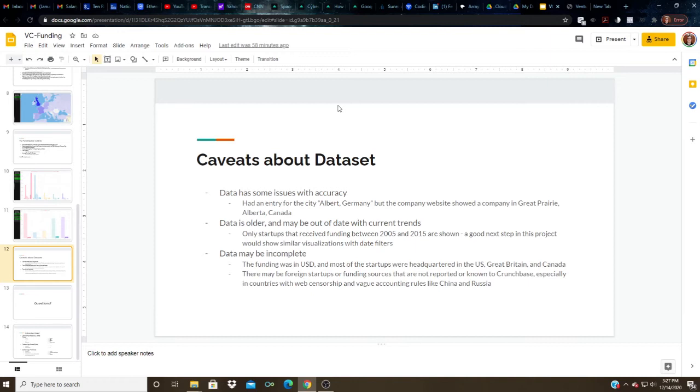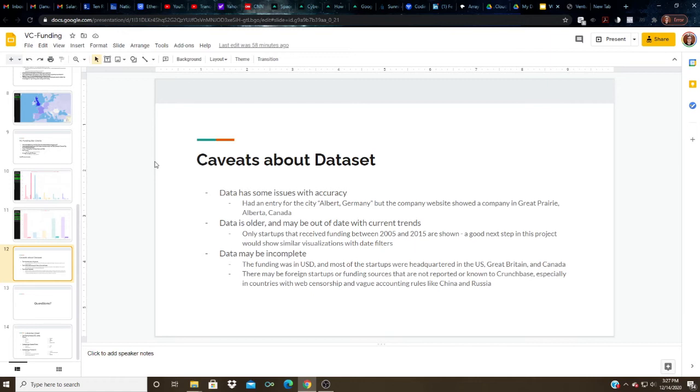So see if funding drops off a cliff after 2008, or if there just aren't as many startups getting funding, or see how it shrinks for those years. And then showing information with date filters, so you could show a date range, or you could show 1 year. And then additionally, the data might be incomplete,